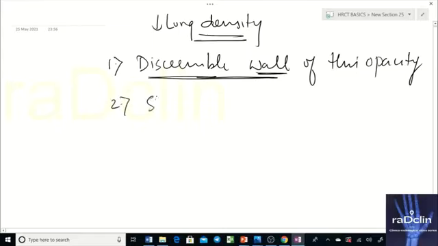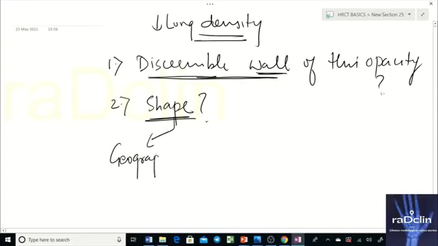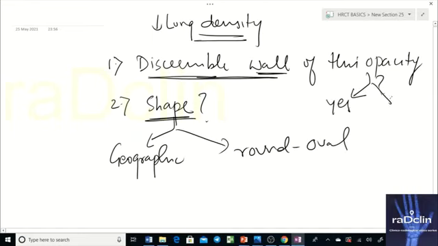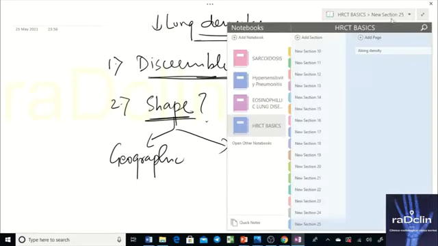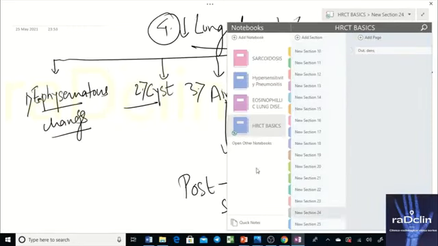The second thing is the shape. If you answer these two questions, you will be able to differentiate whether the lung density is emphysematous change, a cyst, or mosaic perfusion. Why? Because its shape could be geographic, or it could be a simple round to oval shape. And it could be that you have a distinct wall or you do not. So let's go back to our three differentials for a decreased lung density. What are they?